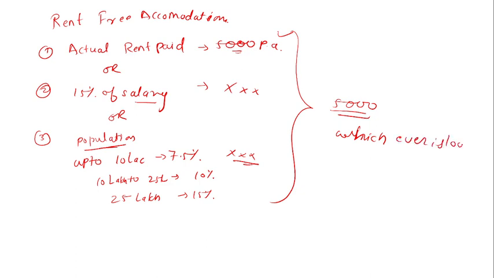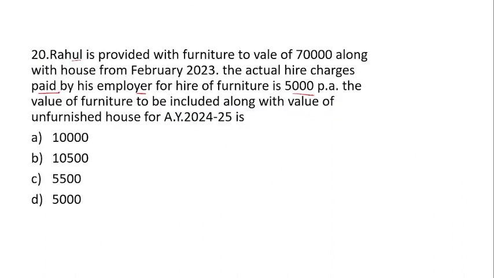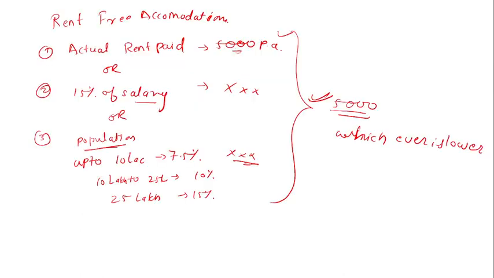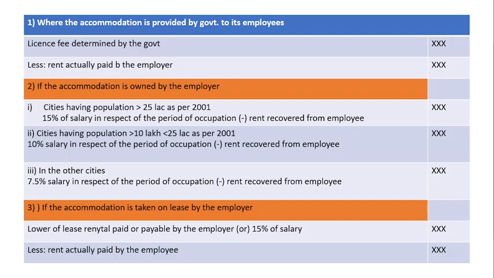According to this question we only have the information of the 5,000, the actual rent paid by the employer. So here it is 5,000, that is option number D, our correct answer. Okay, so the next question, here the right